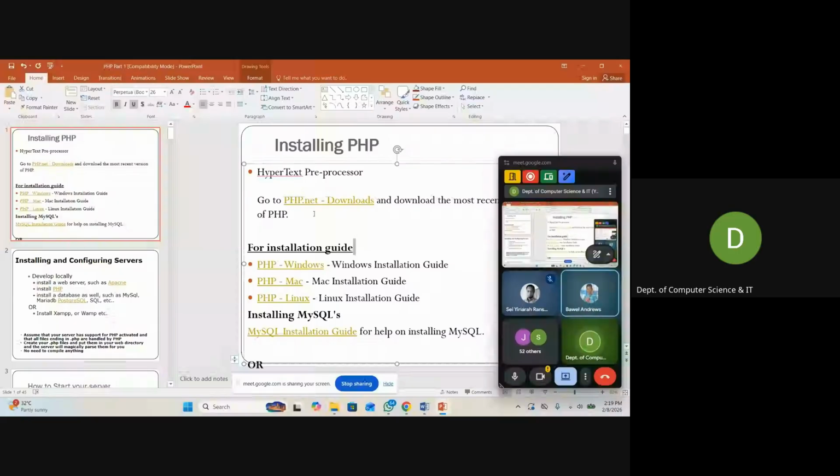So now, before you can start processing a PHP document, you have to download and install a server. So that's what I put here. You go to php.net, the website you can download for your computer. If you are running a Windows operating system, you get it there. Mac, Linux, any of them, you install. Okay. After you install the server,